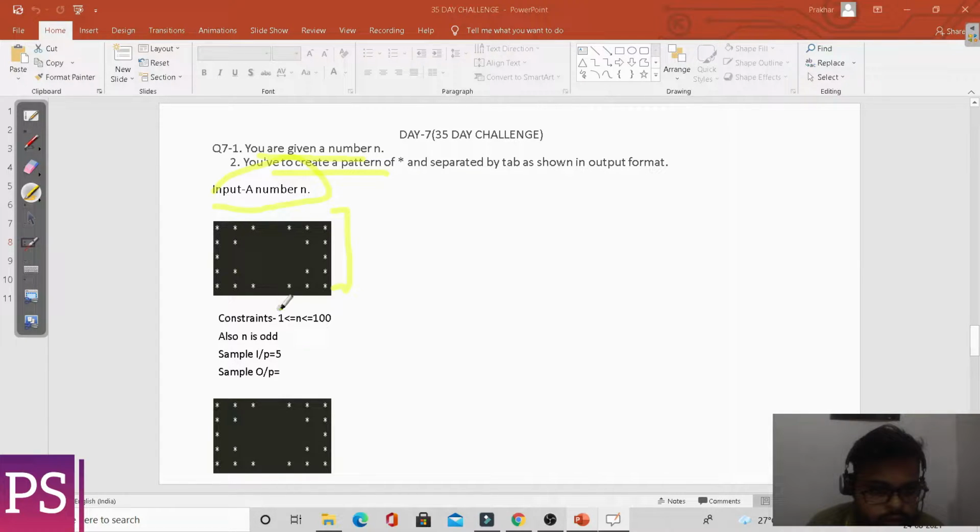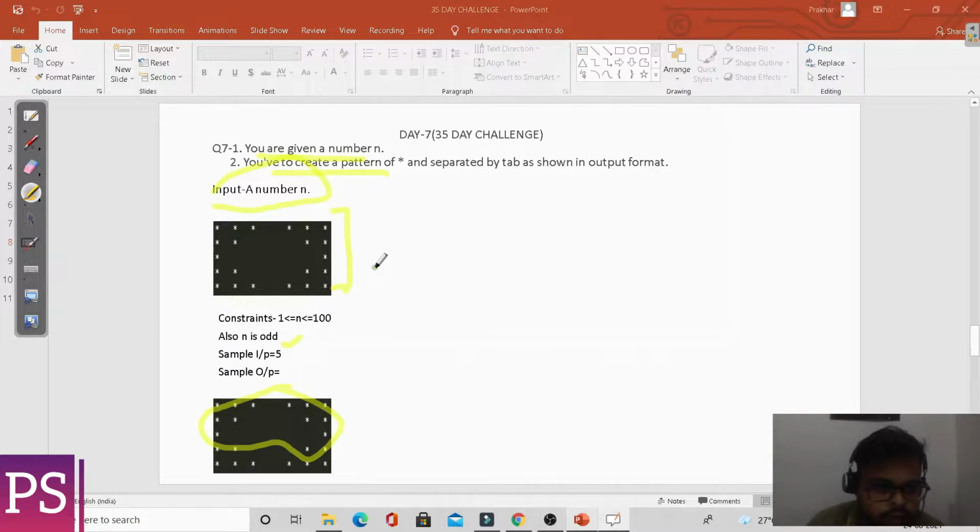The constraint is that n is odd and 1 < n <= 100. Sample input is 5 and we have to print this pattern.